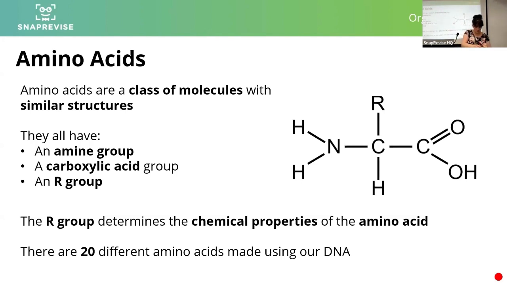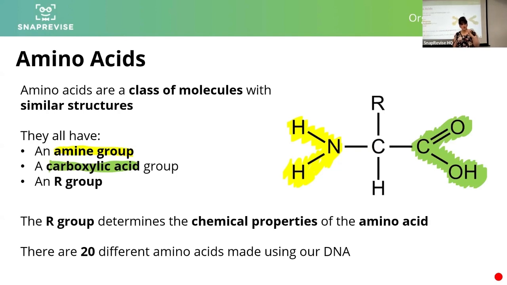Right. So let's just double check we're happy. The amine group on an amino acid is this bit. That is my amine group. The carboxylic acid group is this. And the amino acids that we look at in A-level chemistry, I think you do it slightly differently in A-level biology. If you're a biologist, you do look at extra bits, but we look at what's called an alpha amino acid,